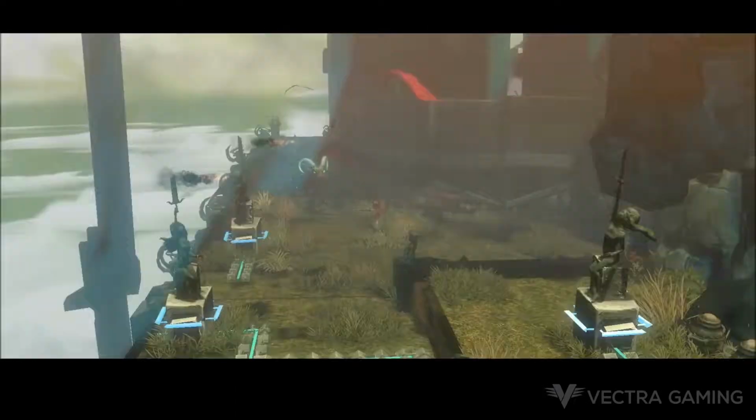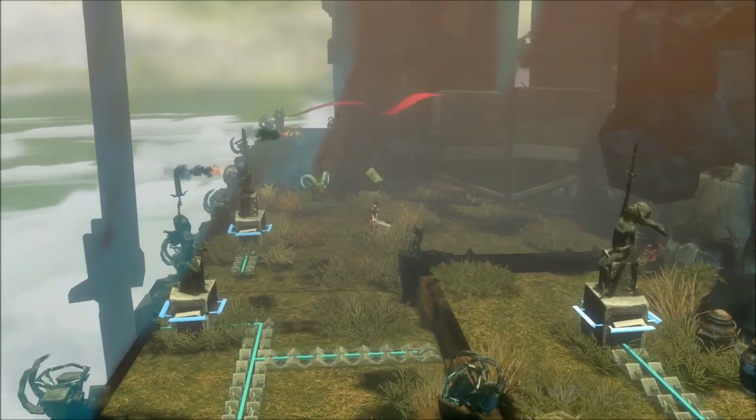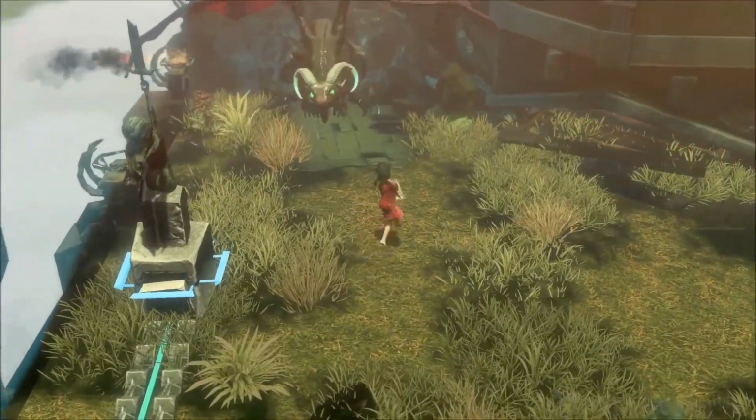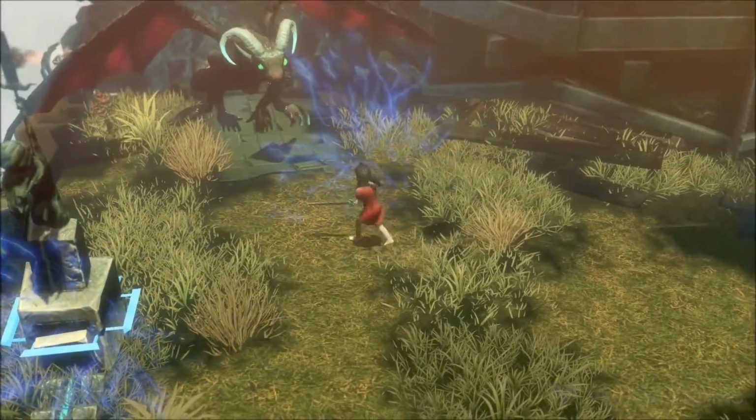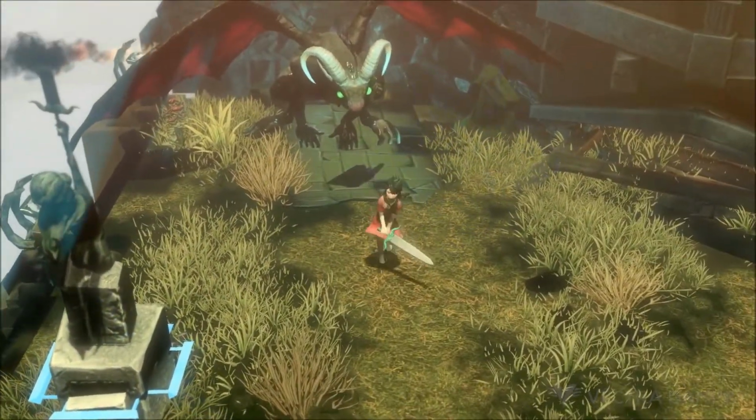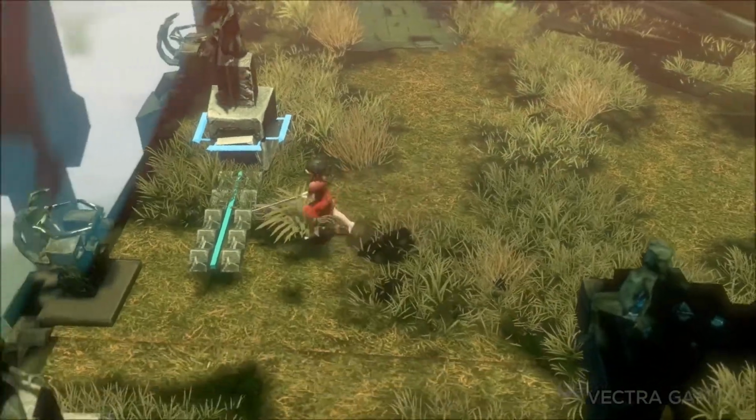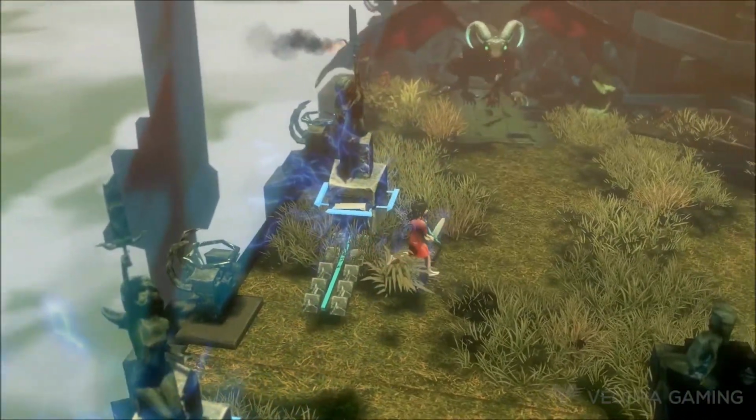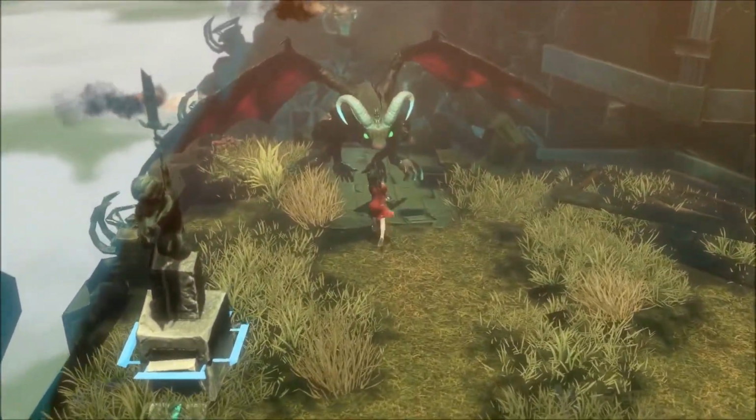So when you've lost your sword, can you actually get turned to stone then? Because if the sword's not there to protect you, then surely you just turn into stone. Yeah, and then you have to go right back to the beginning. On some occasions my stone self has been left there, and then I've come back and I'm like, oh,